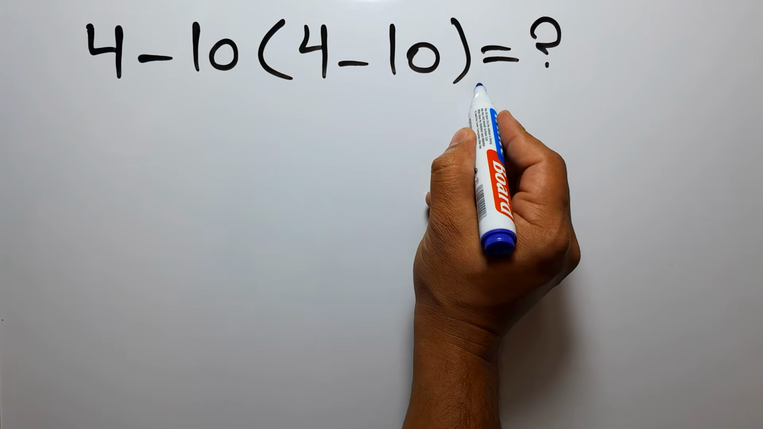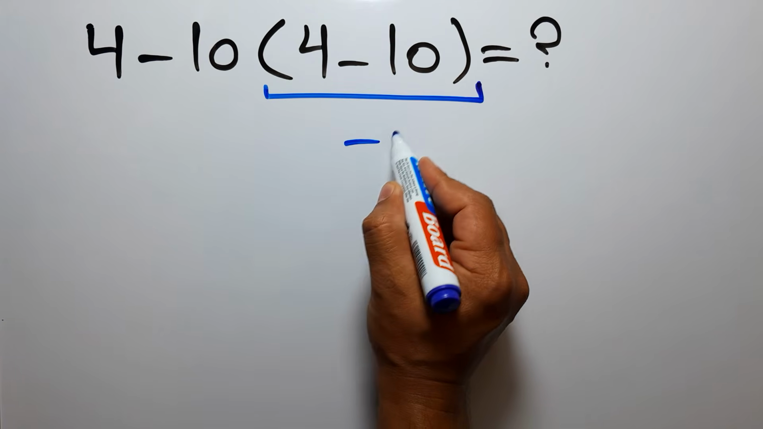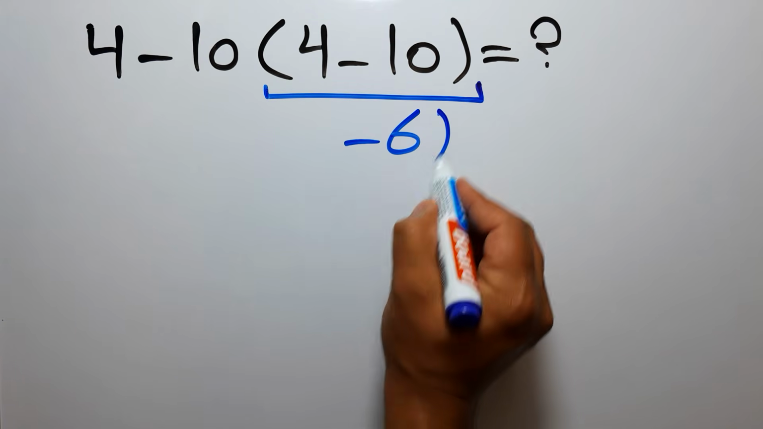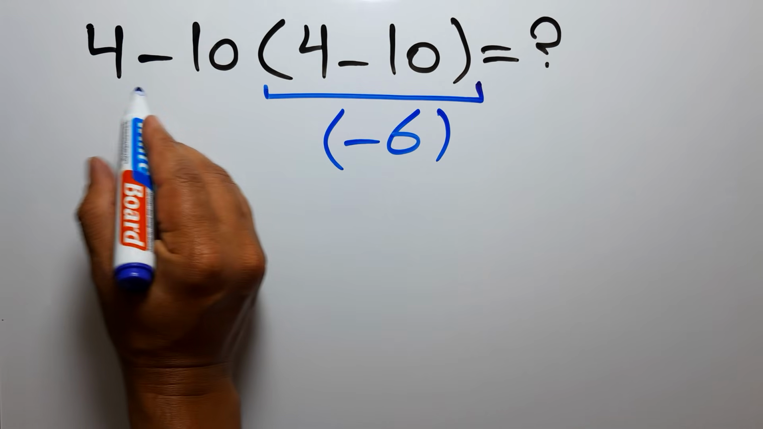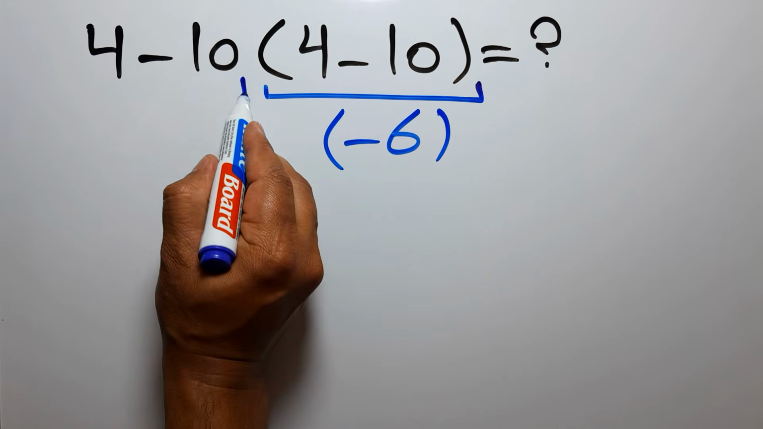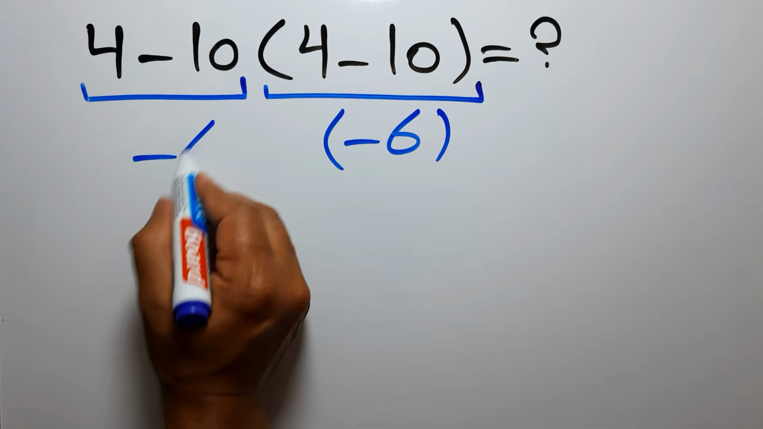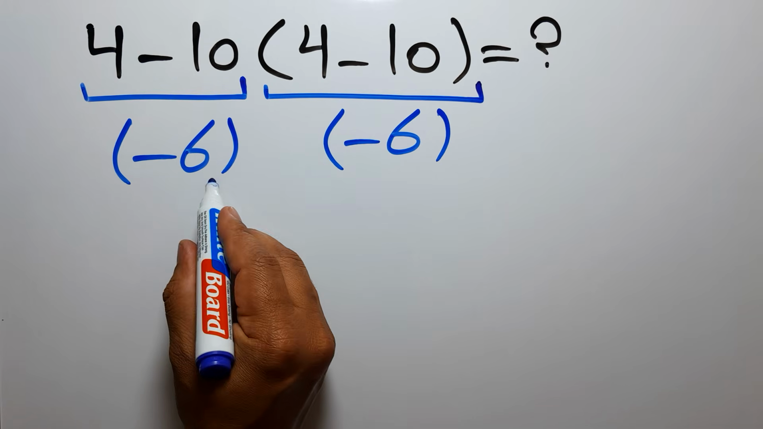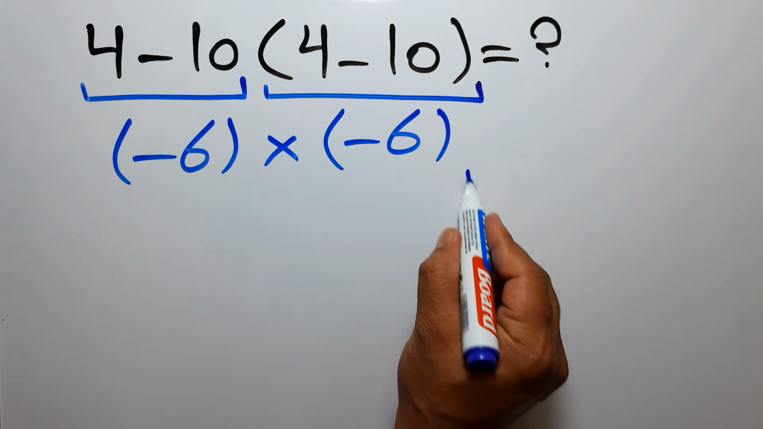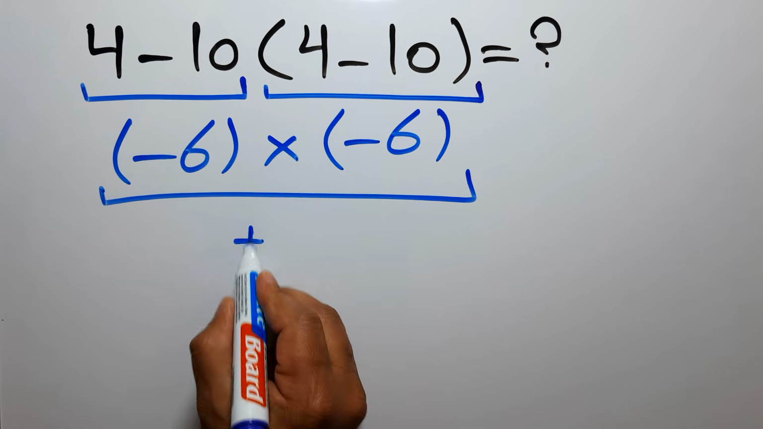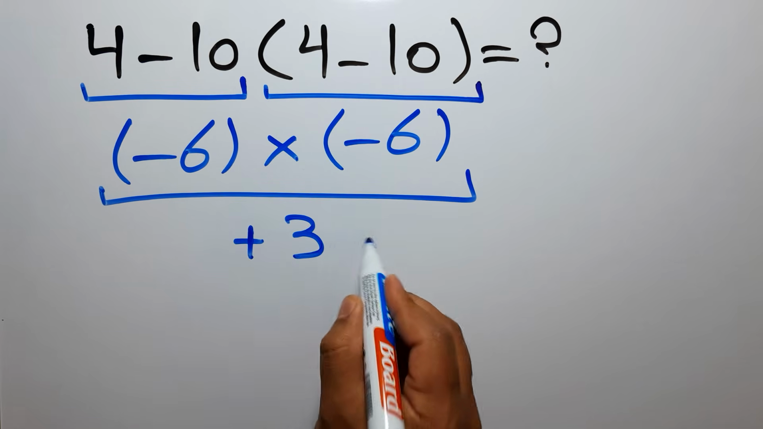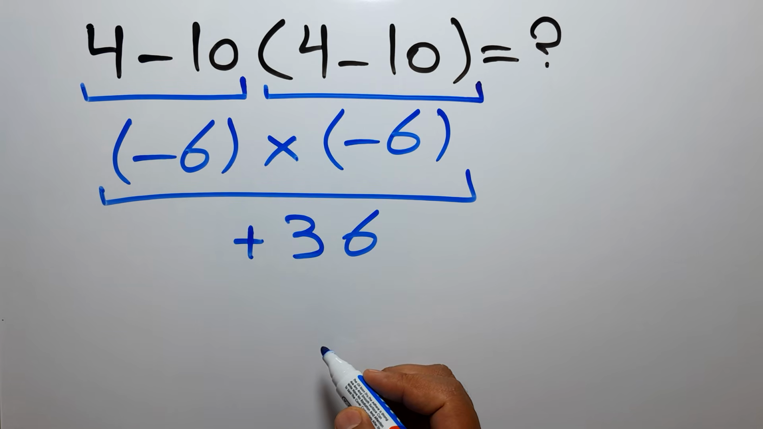4 minus 10 gives us negative 6. And again here we have 4 minus 10. So negative 6 times negative 6 gives us positive 36. But this answer is not correct,